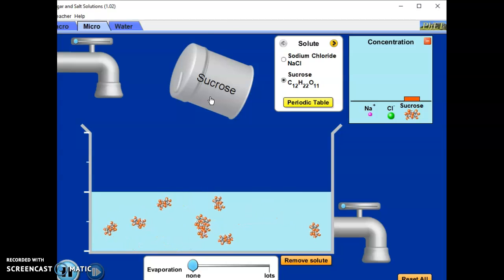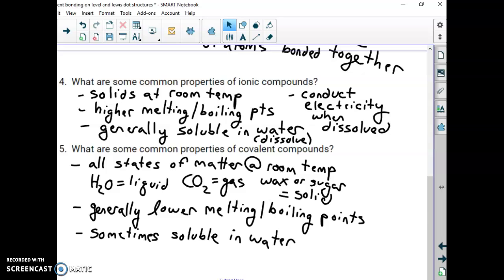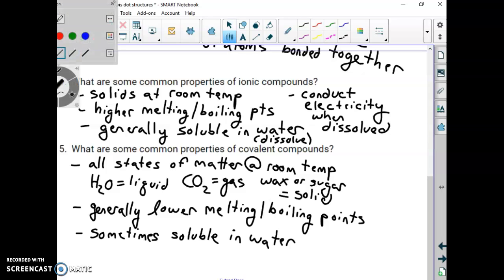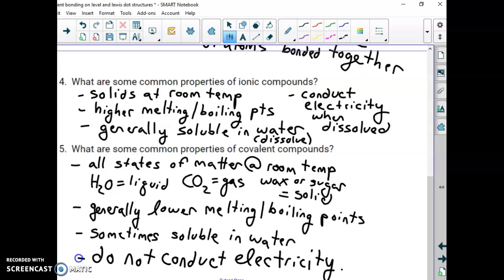So it's possible that our covalent compounds dissolve, but if and when they do, they do not conduct electricity. So there we go. Some basic definitions, properties of ionic and covalent